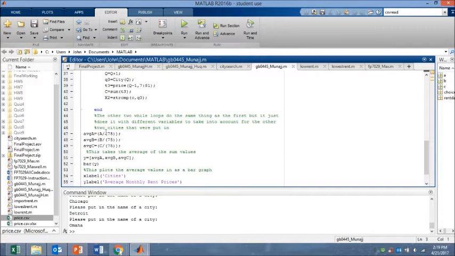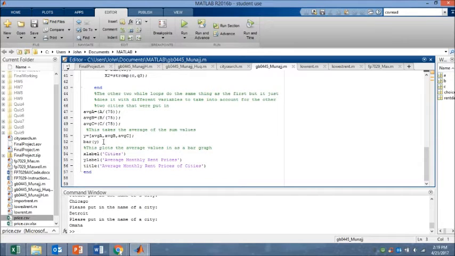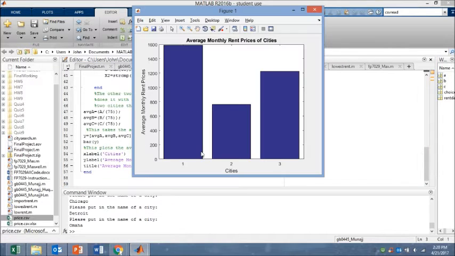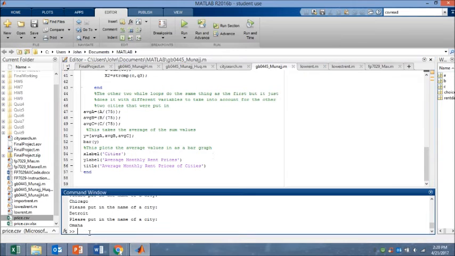Okay, and so once it has the total, it comes here and it divides the total over the number of months that it actually averages, basically. And so once that happens, all of this data gets output to a nice bar graph with your Chicago, Detroit, and Omaha cities being there respectively. Okay, moving on to the next